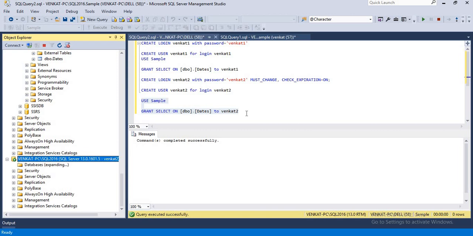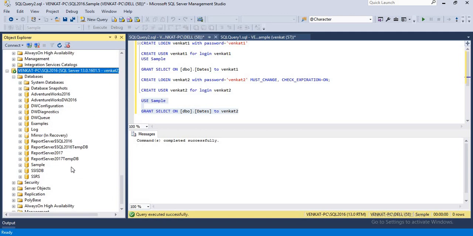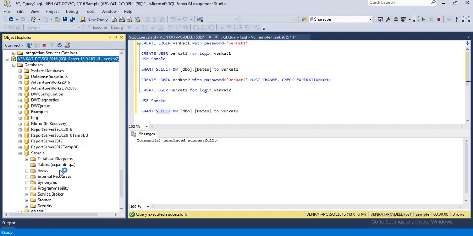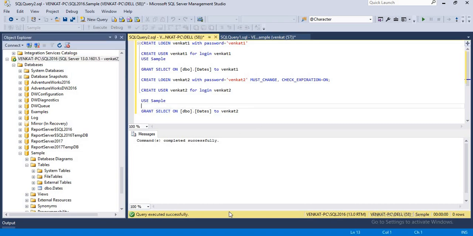So this is how we create users and provide specific object level privileges. In this complete example, I showed only the tables. In the same way, you will be giving privileges on procedures also, procedure dbo dot this one. If you want execute privilege, you will be providing something like grant execute on it. So this is how we do it. Even views, functions, and all we do in the same way. So that's all about it.